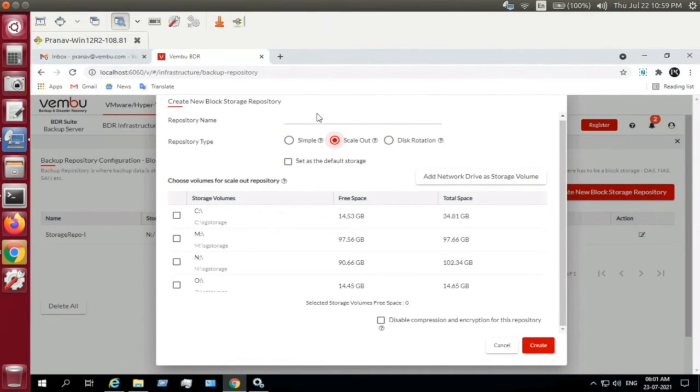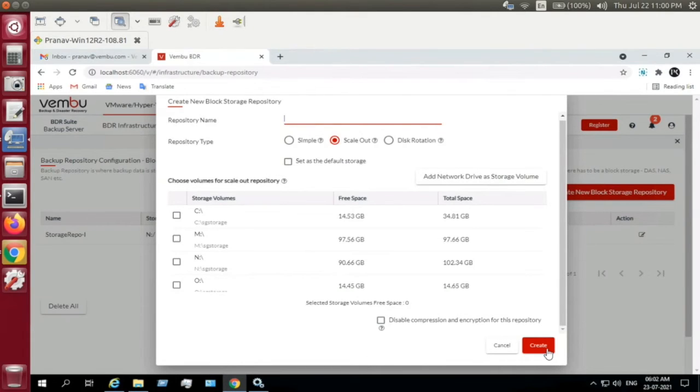With this, I can add a repository name and I can choose whether this is to be the default backup storage repository. For example, if you are using a storage appliance, then you can enable this option called disable compression and encryption for this repository. This is what I mentioned before. If you are holding a storage appliance, you can disable our software based compression and encryption and create a repository.